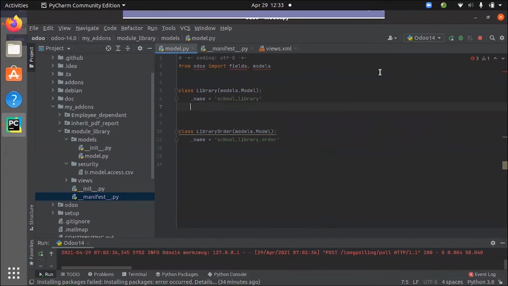Many to one is used to link the current object to another object, as it associates this object to a parent object. Simply put, we can get a record of another model in this field. So we can select one record from the available options, the available records. So first let's create a many to one field.